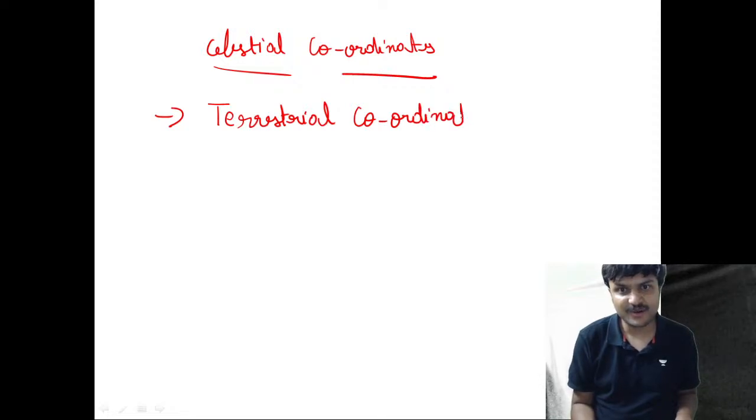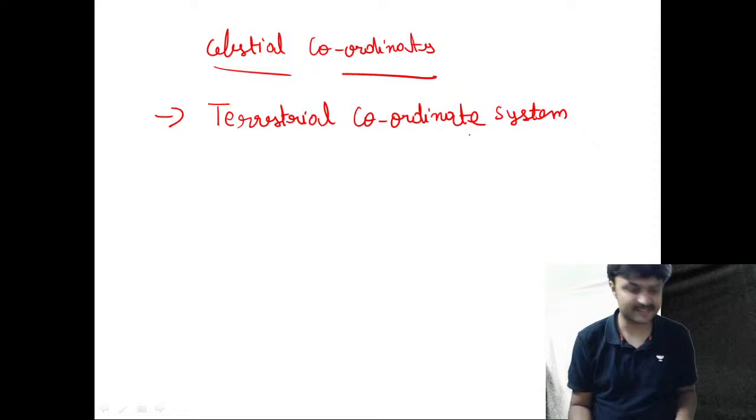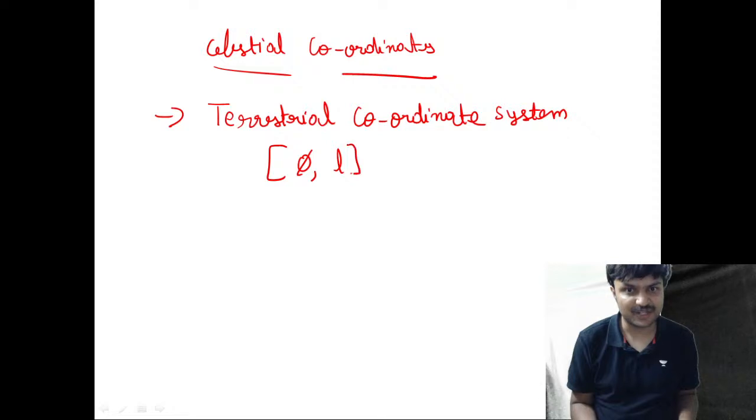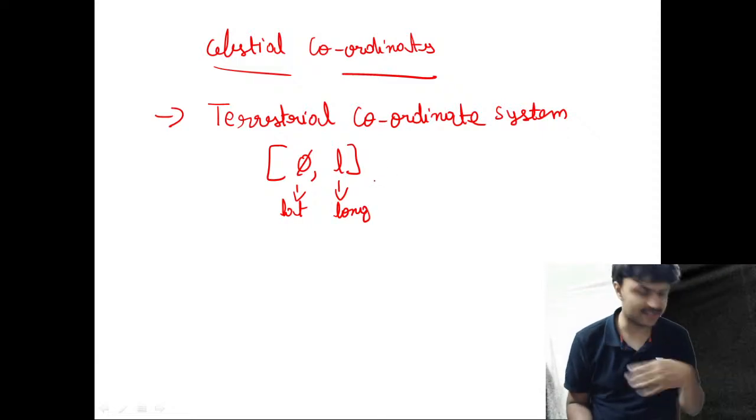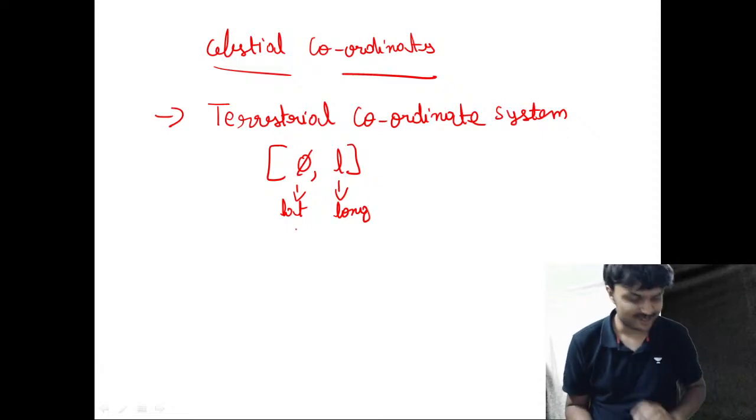What is this terrestrial coordinate system? It is nothing but latitude and longitude. Okay, so phi is latitude, L is longitude. Here this is latitude and this is longitude. We know this, very basic, our Earth coordinate system, terrestrial coordinate. This is the language we use as latitudes and longitude, right? So then we have something called